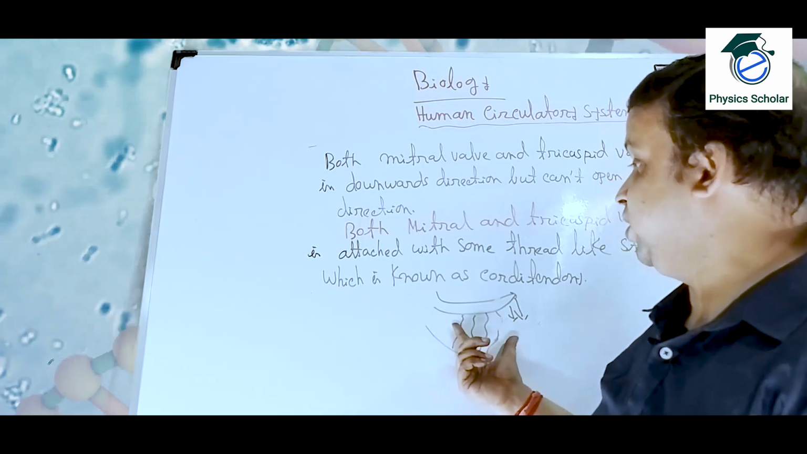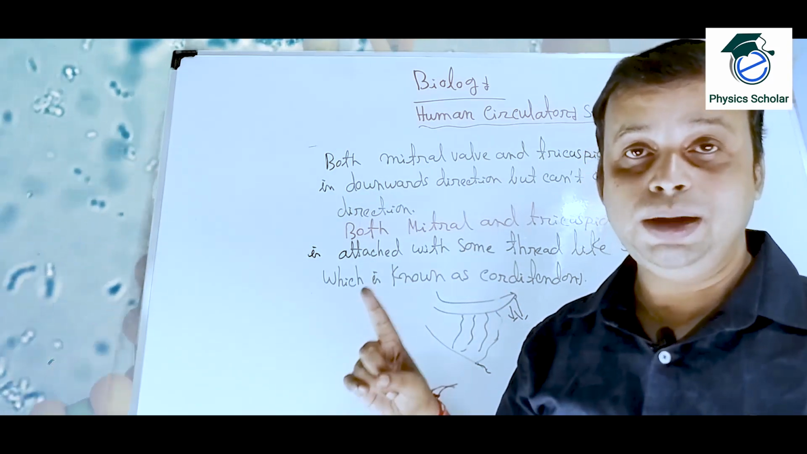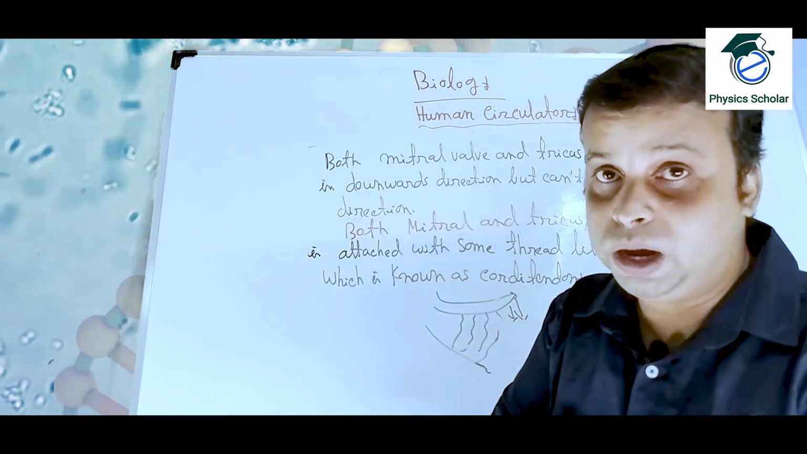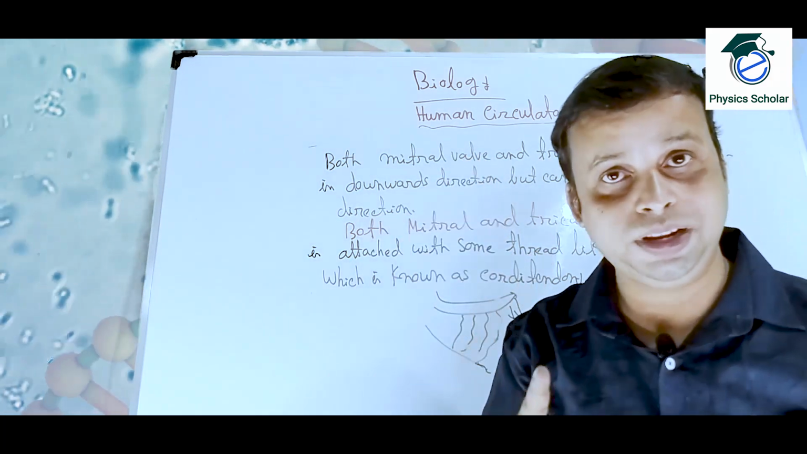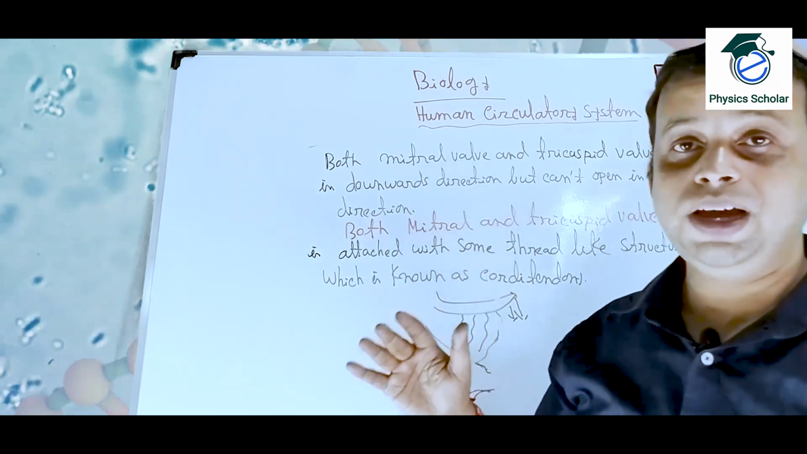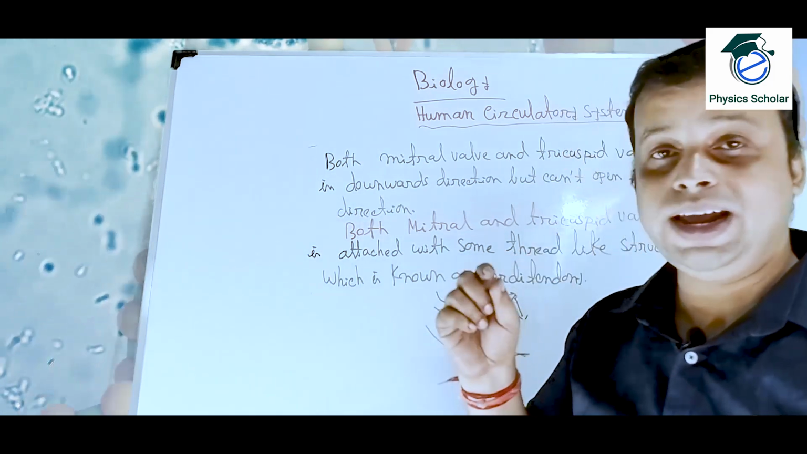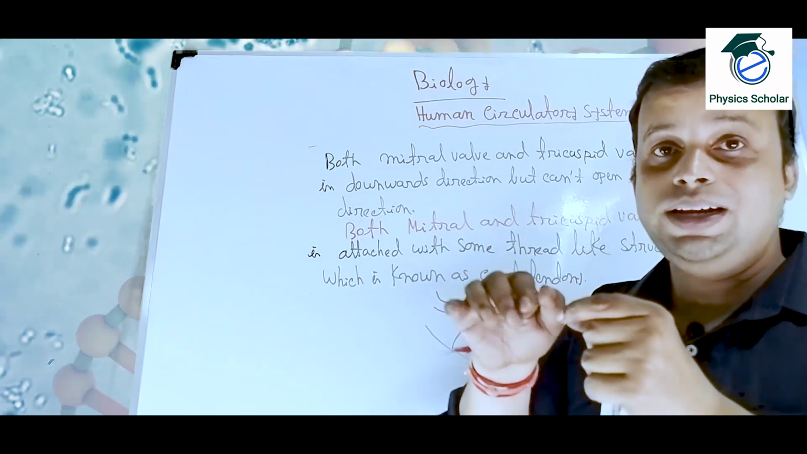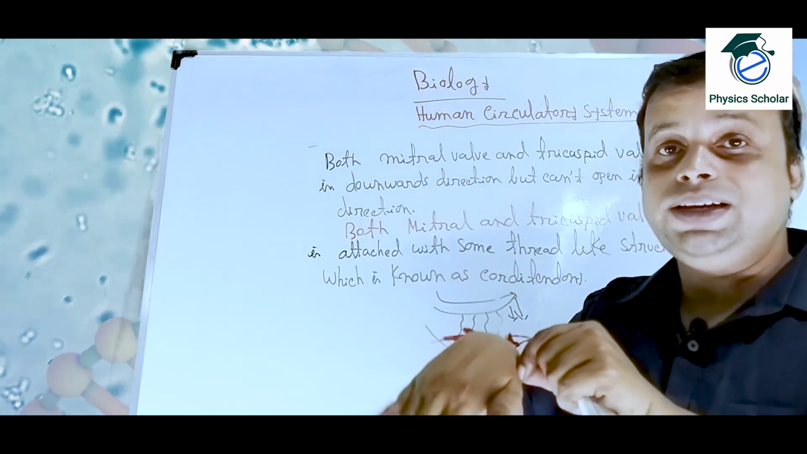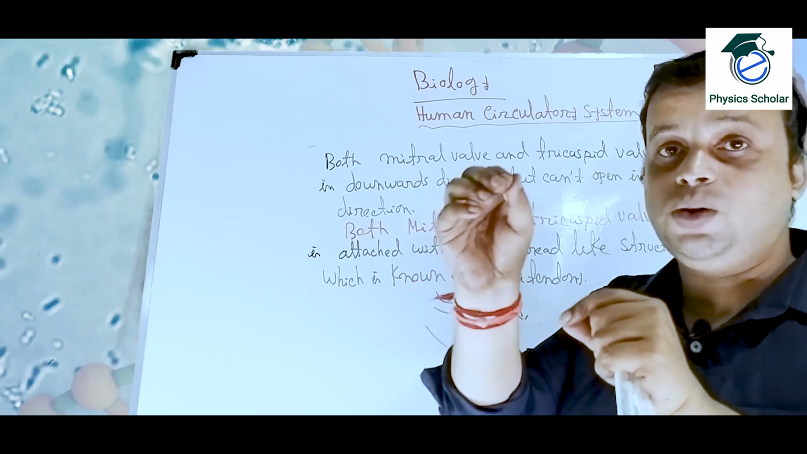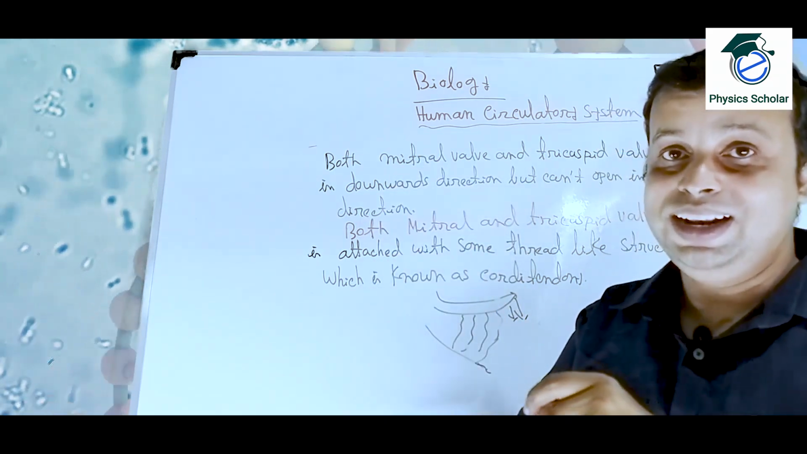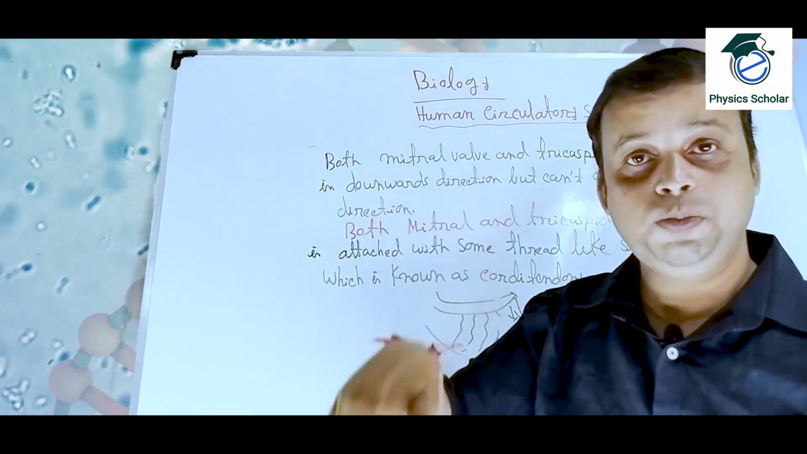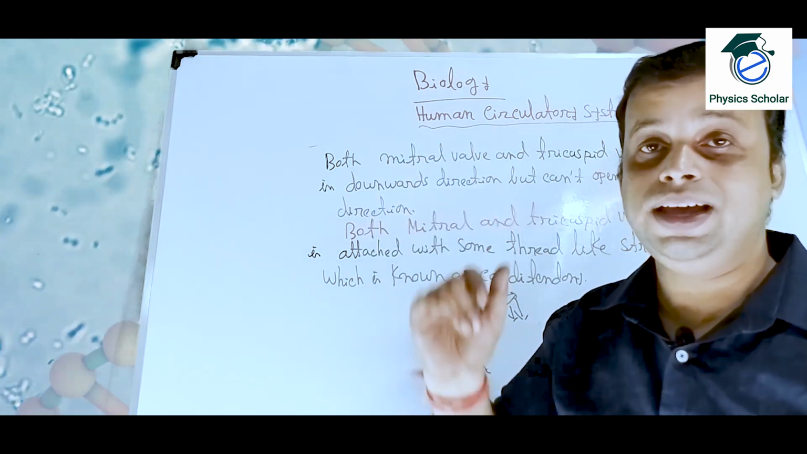So if the question comes, why can the mitral valve, or the bicuspid or tricuspid valve, only move in the downward direction but cannot move upward, what will be the answer? Because both the mitral valve and the tricuspid valve are attached with thread-like structures which are known as chordae tendineae. The chordae tendineae help it move downwards, but it cannot go upwards, because the chordae tendineae will pull it, clear? It cannot move upward. So that is the reason why they only move in a particular direction but cannot move in the reverse direction,